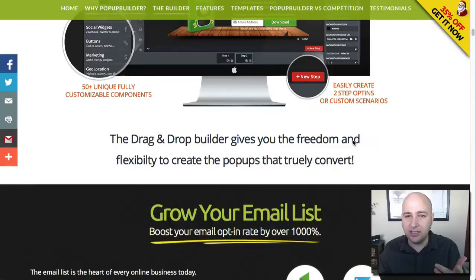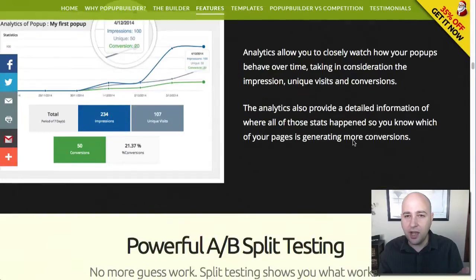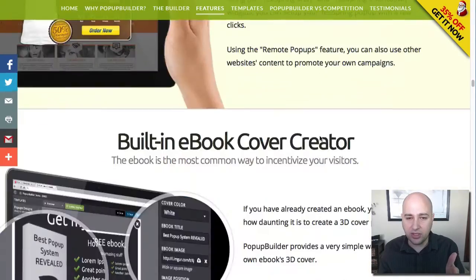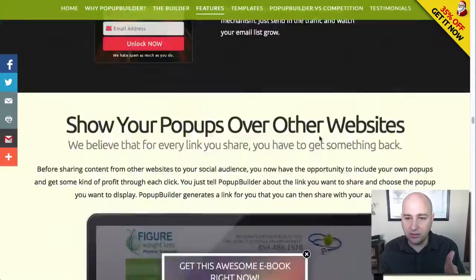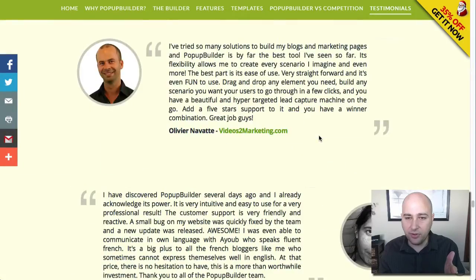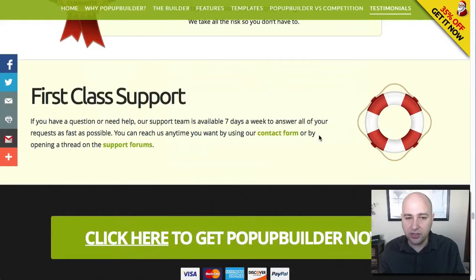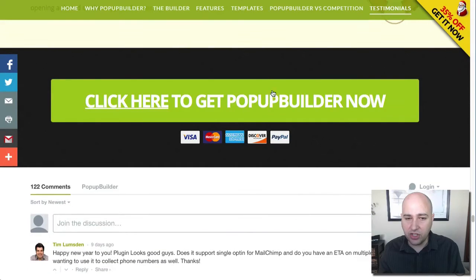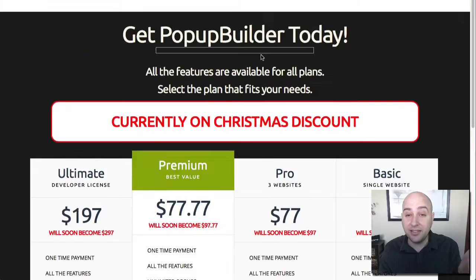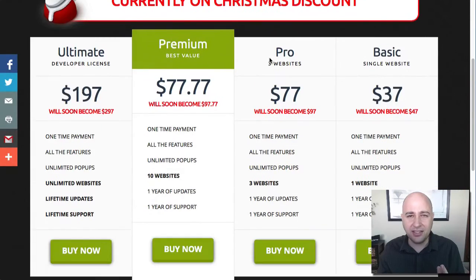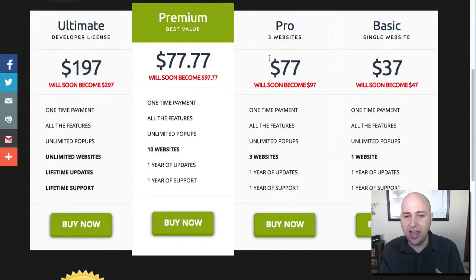So let me scroll down and take a quick look at the pricing before we actually take a look at the pop-ups. I'm going to show you how all this stuff works. I'm scrolling down. Okay, there's so much information here. Here's a table of how it compares to other pop-up builders. And oops, I guess I should just click on this to go to the pricing page. That would have been quicker. Right now it's on a Christmas discount. It's past Christmas season, and they still have the sale going on. Even at normal prices, it's a good deal.